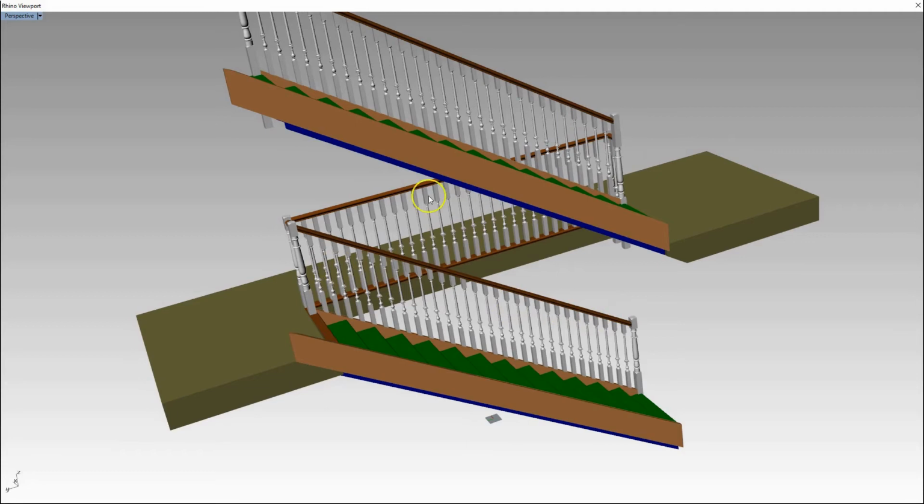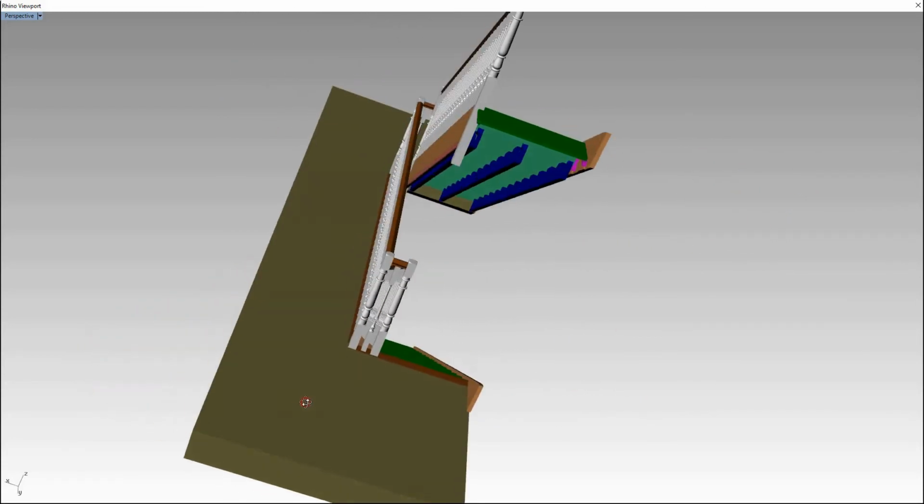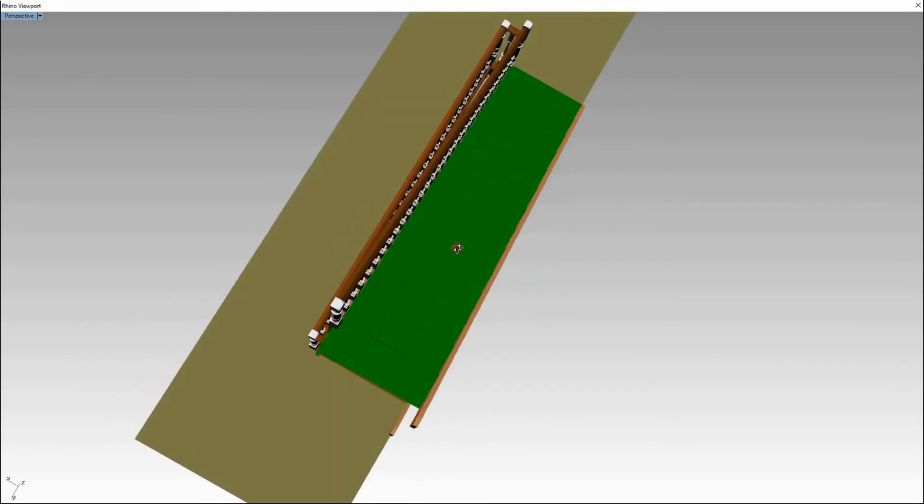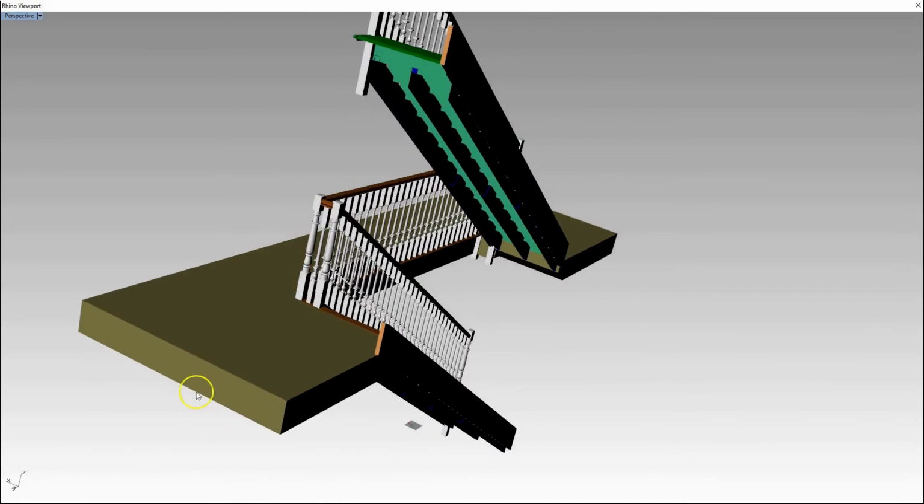Here you can see the straight flights sitting over top of each other with the stairwell or the well between them, so you can see right the way down between them. So we'll give you guidance as to sort of spacing, minimum spacings you need here, what you need to do. We will have a look at